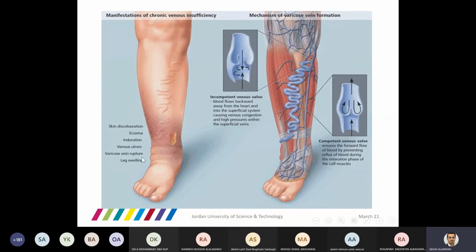شايفين varicose veins and ankle edema. هلا هاي will lead to an inverted champagne bottle sign. بصير عندهم إشي اسمه inverted champagne bottle sign. هلا شو الميكانيزمز of chronic venous insufficiency؟ ليش بصير عندنا problems بال venous ulcers؟ يا ال valves are incompetent أو they are damaged by previous deep vein thrombosis. صار في عندهم damage by a deep vein thrombosis. وهاي الفيتشرز you have شايفين manifestations of chronic venous insufficiency. You have to know these manifestations. Mechanisms of varicose vein formation, incompetent venous valve,